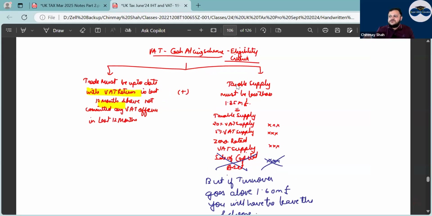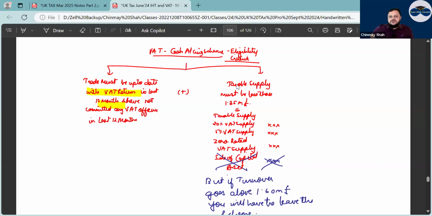So if you want to go to the cash accounting scheme, what does it mean? In that, you don't have to do it as per invoice date; you don't have to take the tax point. The tax point will be when the cash is received against the sale or purchase. Against the sale, when cash is received, and on the purchase, when the cash is paid. So what happens? The trader must be up to date with VAT returns in the last 12 months and have not committed